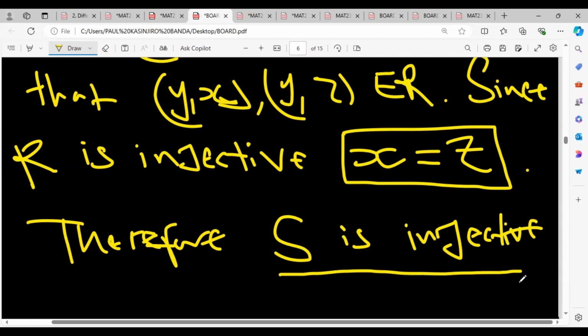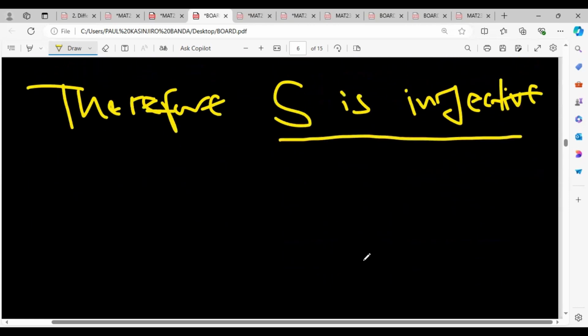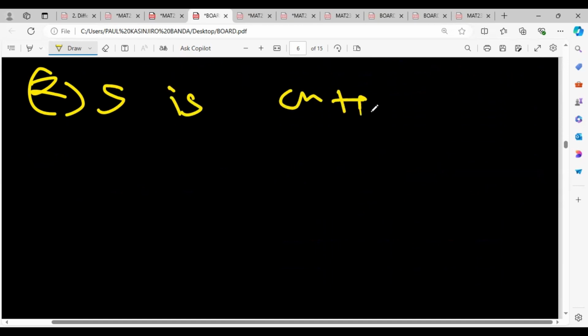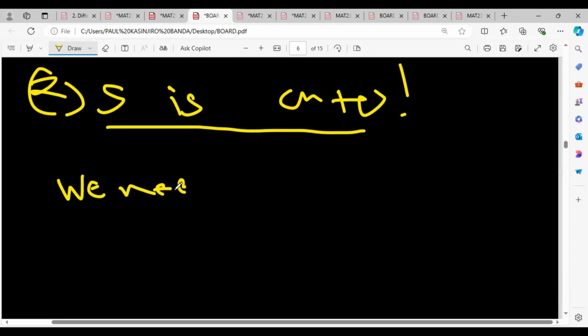Then now we prove that S is onto as our second objective. Okay, so this is very simple. Again, we take advantage that R is already onto. So what are we going to say? To prove that S is onto, we're going to say that we need to show